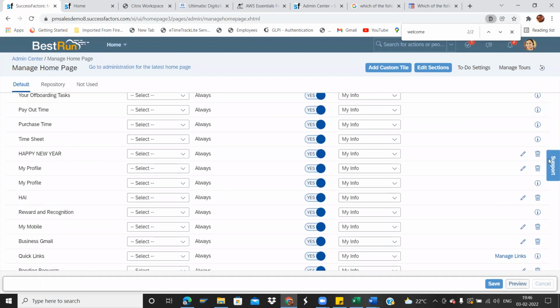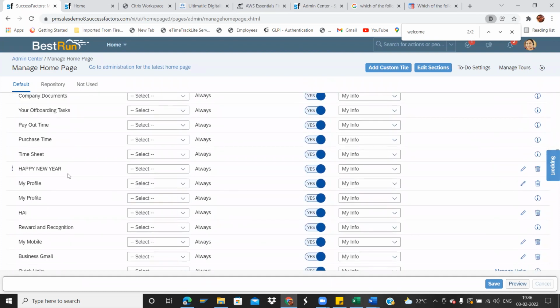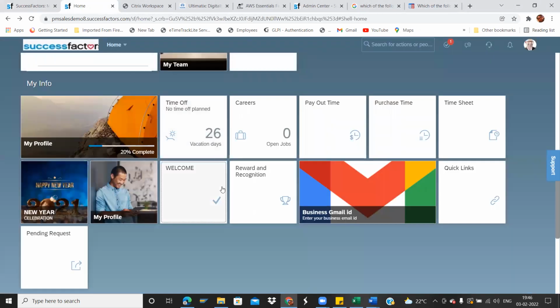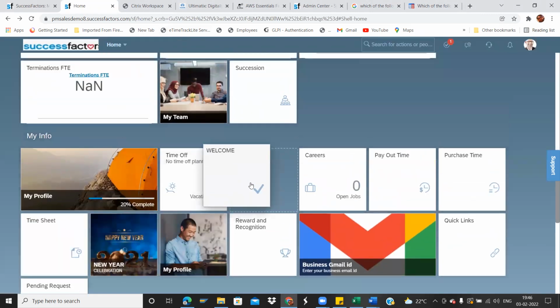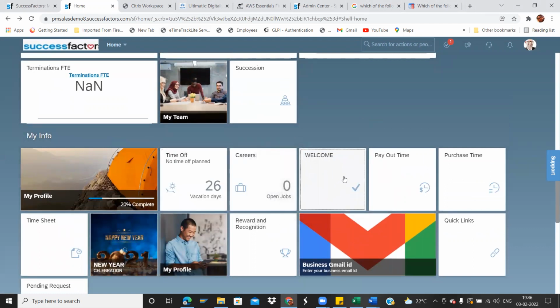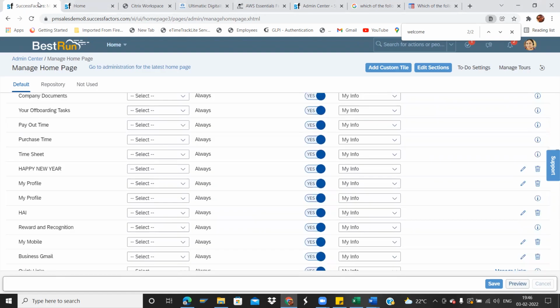I think somebody created and deleted it at some point, so it is not appearing and it is coming blank. If I select the welcome tile, it is coming blank. Okay, no problem. Let me just take the example of awards and recognitions.